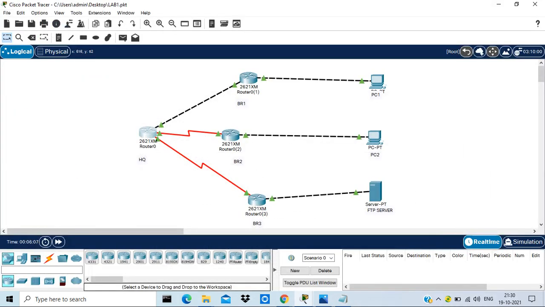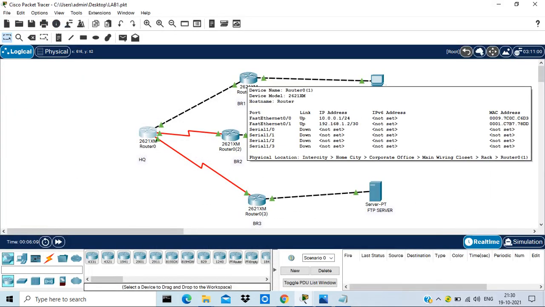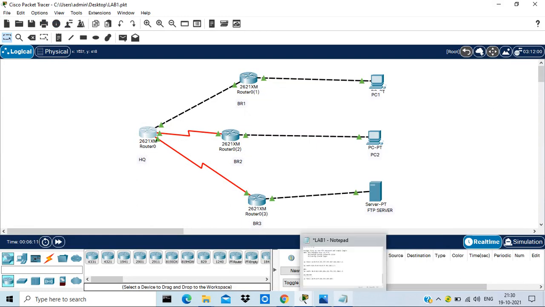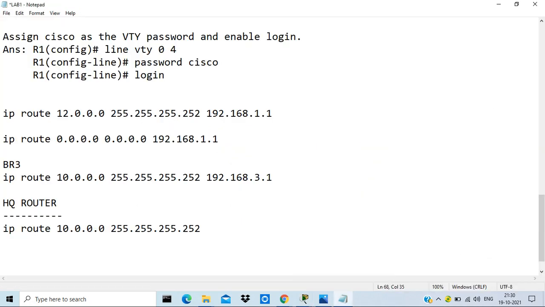It was 192.168.1.2. So the gateway will be 192.168.1.2.